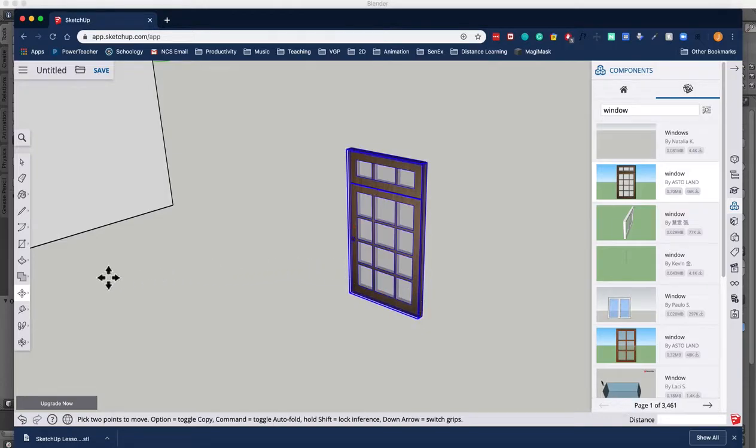So I'm going to scale it up first. So I'm going to come over here on the left and go to my move tool. And when you click and hold on the move tool, you see the other tools. We have rotate, we have scale. So I'm going to click on scale, and now you see these green dots. So now I'm going to click on this top right